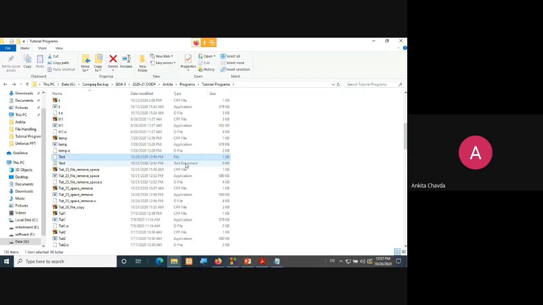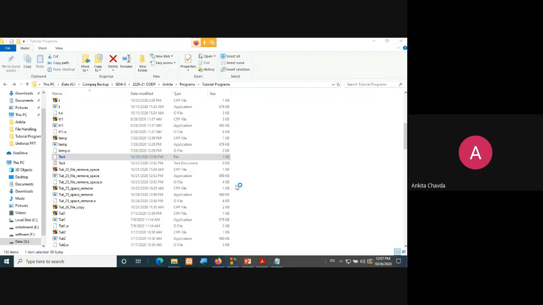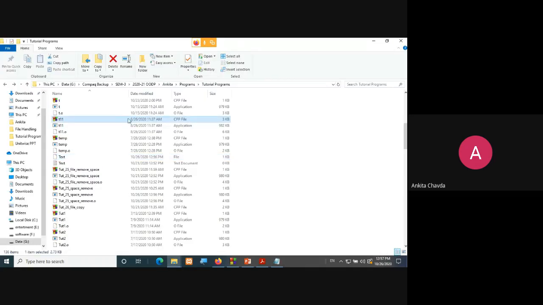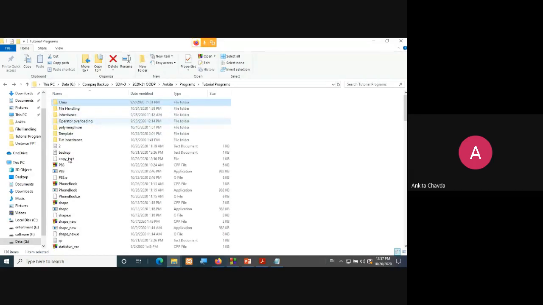Wait a sec. So this is what I have written via my program, right? A lot of spaces are here in my text file. And now whatever is there in my copy text, that is over here, this copy text file.